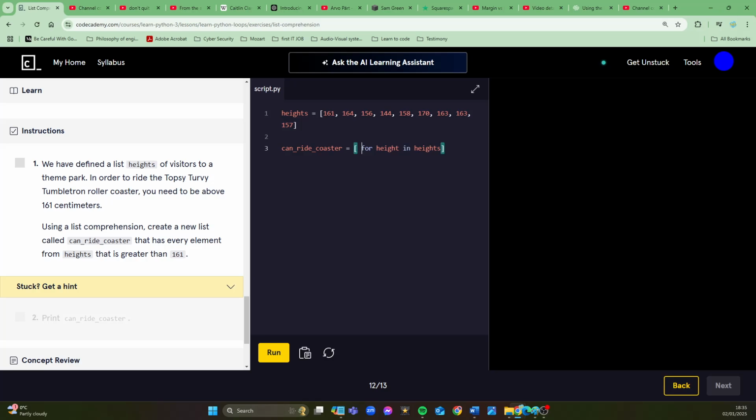Now I can put my expression near the beginning of the brackets. So it's going to be something like height, our temporary variable, greater than 161,